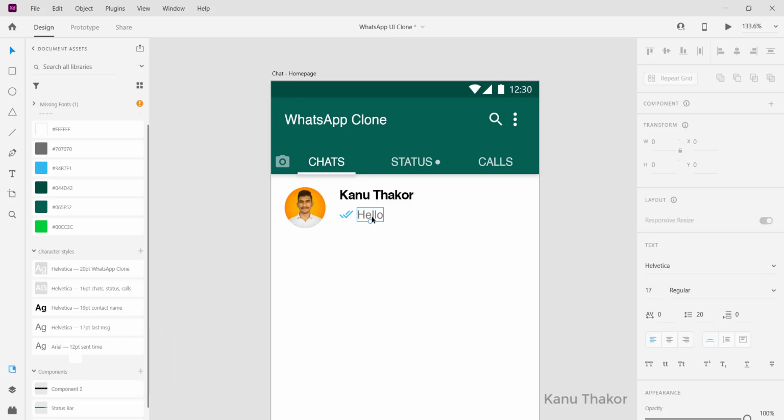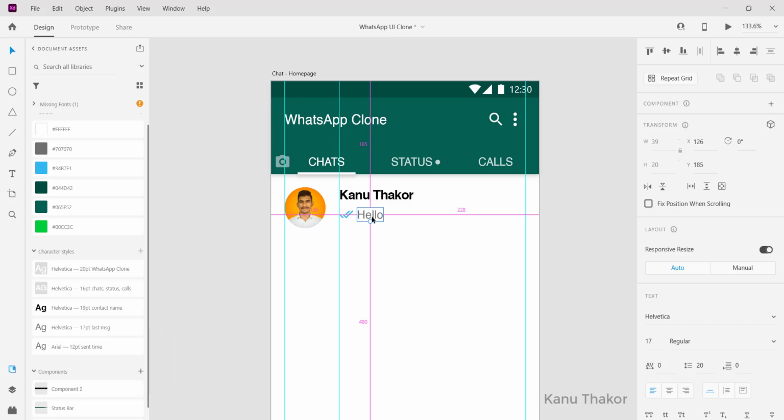Now we will add a text for time. Again, I will make a copy of the text, place it here and change the text to time. This is the time at which the last message was sent to the receiver. Now I will apply its character properties from these presets, and after that I will arrange it.